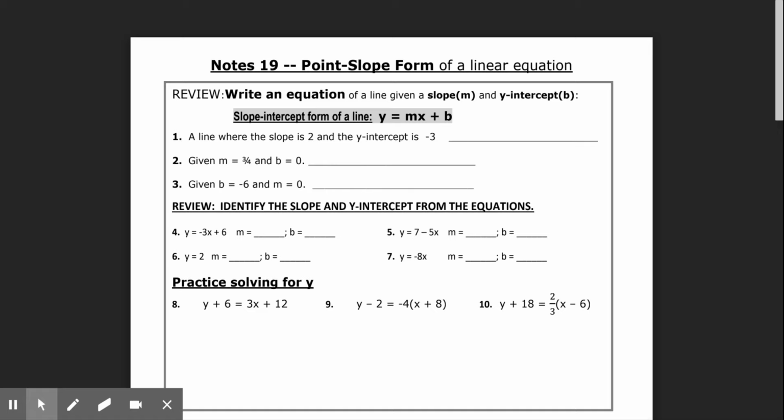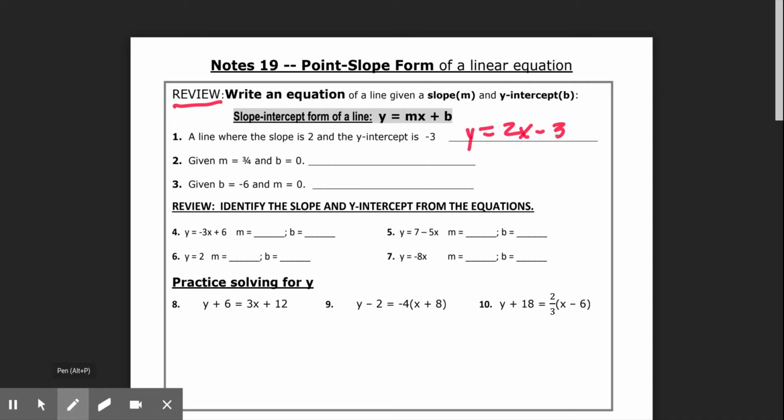Hi, what we're going to do is write an equation of a line given the slope and the y-intercept. So this is more of a review, this first part. That's why it says review right up here at the top. So number one, a line where the slope is 2 and the y-intercept is -3 would be y equals 2x